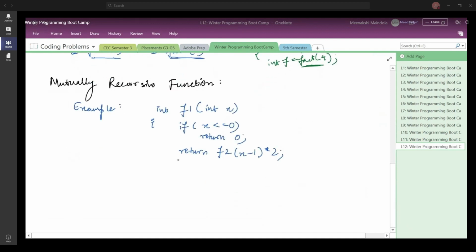So this is the first method that I have, and the other method is named f2. It has a parameter, int a, and I am going to define the base condition. The base condition is: if a is less than or equal to 0, then you return 1.